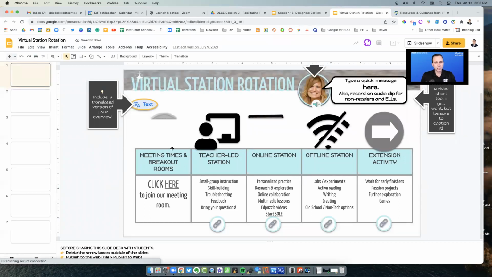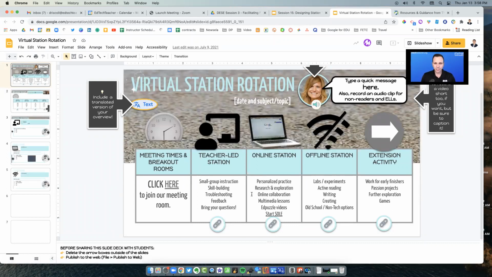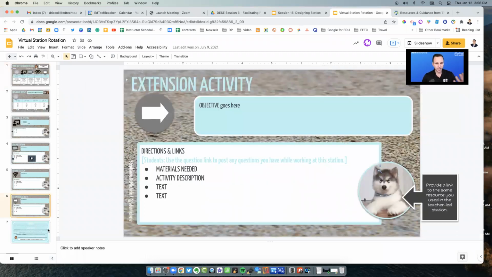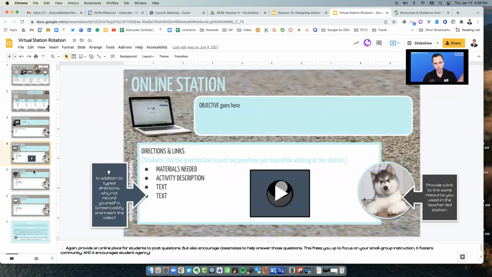Now, again, you don't need to necessarily use all of this, but there's a section for breakout rooms, a teacher-led station, online station, extension activities. I know a lot of teachers that I've been working with have used this as some inspiration for how they'd want to design theirs. You may not want this exact format or layout, but it could be something that you use to think about how you'd want to use Google Slides to manage your station